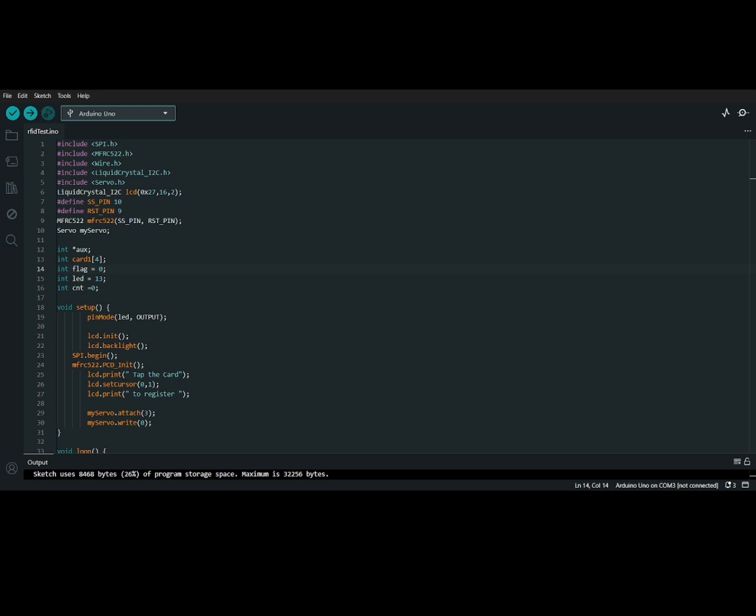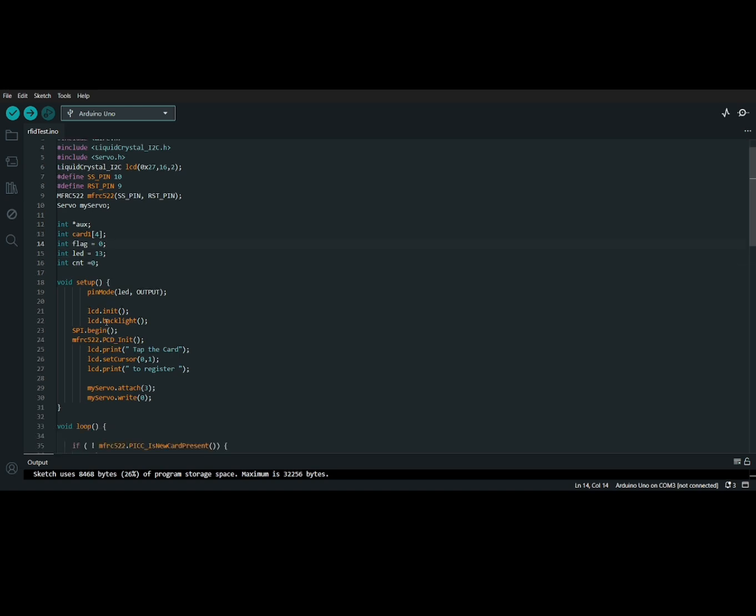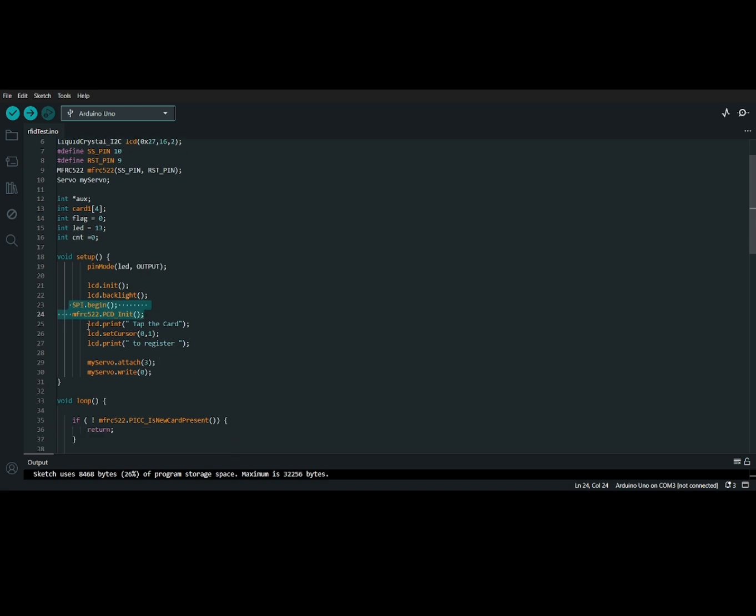Next, we have the setup function. Inside the setup function, we have pinMode LED as output. These two lines of code are to turn on the LCD backlight, and then we have SPI begin, and then MFRC522 init. This is to initialize the RFID reader, and then we have lcd print.